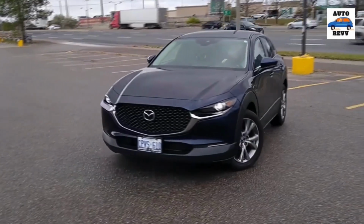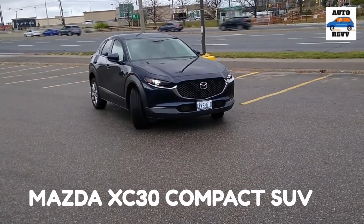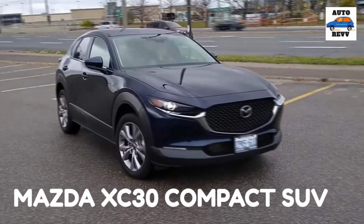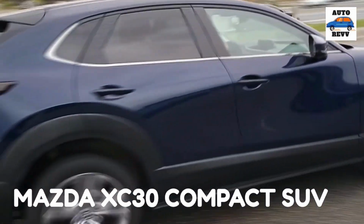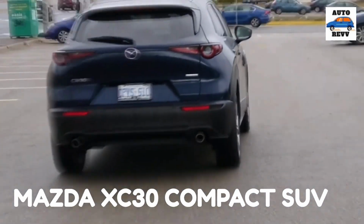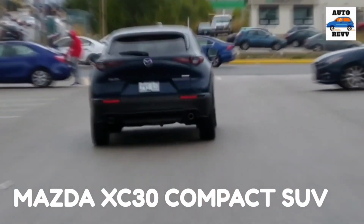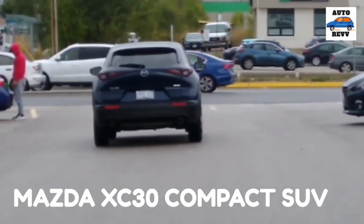The Mazda CX-30 is the Japanese brand's solution to culling sedans and hatches. You can't expect decent sales figures in the USA if you don't offer a high-riding crossover or SUV, which is why the CX-30 exists. At its core, it's not much more than a taller Mazda 3 hatch. Even so, that extra ride height ensured the CX-30 was Mazda's second most successful car in the US last year,